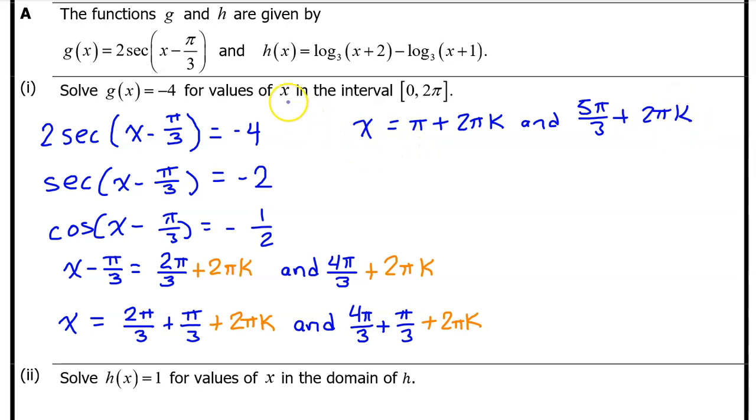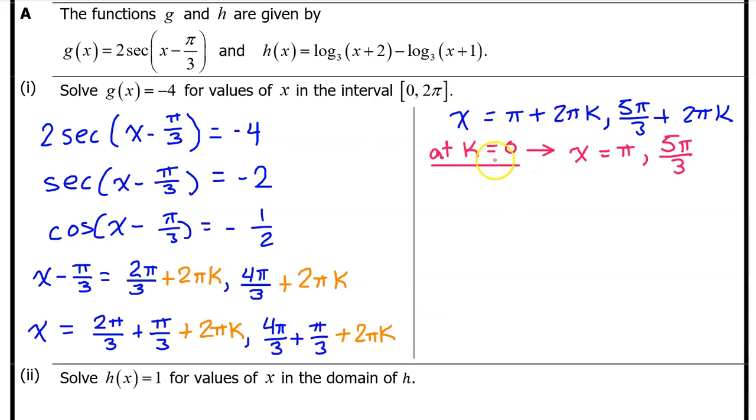Finally, we need to limit ourselves to values of x in the interval from 0 to 2 pi. So let's play around with the value of k until we get all of the solutions. At k equals 0, these terms disappear, so we are left with x is equal to pi and x is equal to 5 pi over 3. Both of these values are in the interval from 0 to 2 pi, so we have two valid solutions so